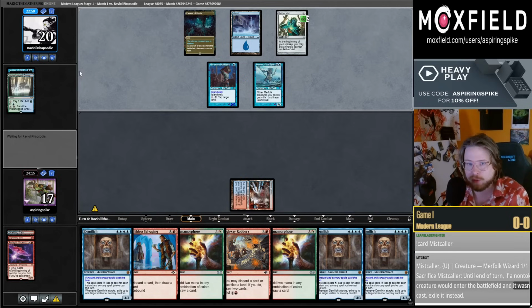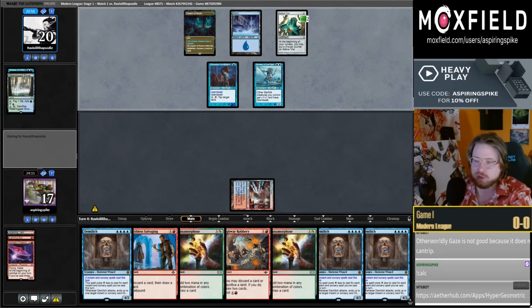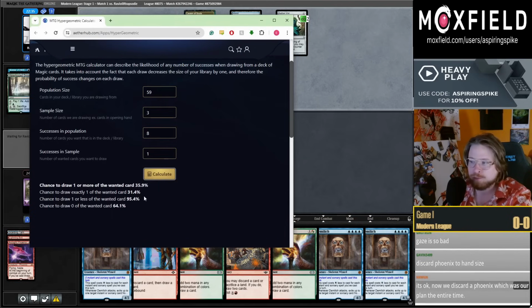You can even just do the math on it, right? You have 8 cards in this deck that are good in your graveyard. While we're missing our land drops here, let's just hypergeometric calculator this. Otherworldly Gaze replaces itself only if you hit one of these 3 cards. So population size 59, sample size 3, successes in population 8, successes in sample 1. So you are 35% when you cast Otherworldly Gaze to effectively